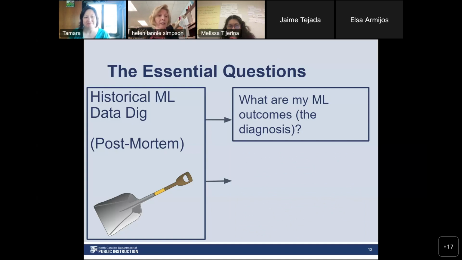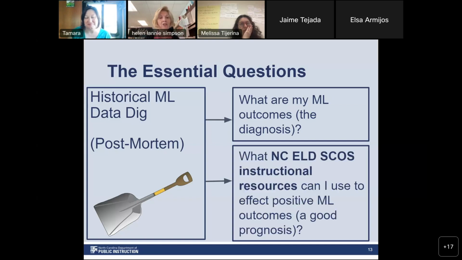How did we do vis a vis the percentage of kids who met math, the percentage of kids who met reading, the percentage of kids who met science? How did we do vis a vis elementary schools if we're a secondary school? Or how did we do vis a vis our other secondary schools if we are secondary or other elementary, or vis a vis the state? So, you guys just really took a deep look at how your ML outcomes compared and what conclusions you could draw.